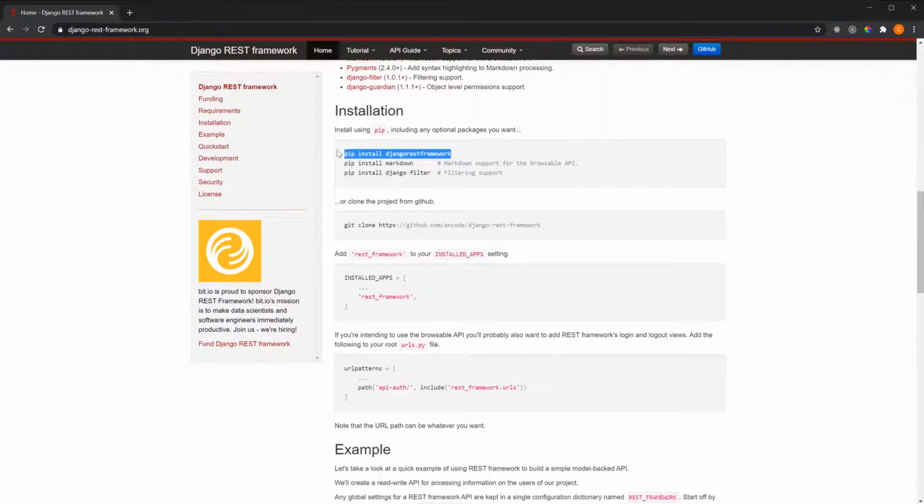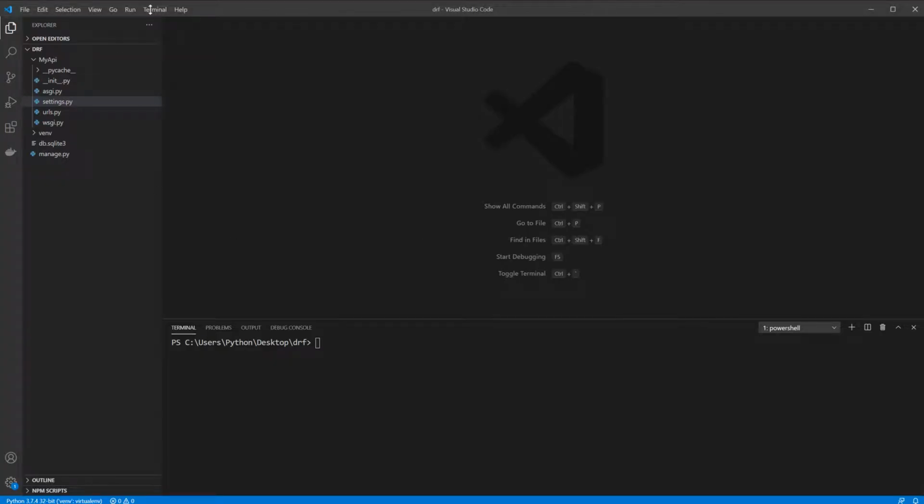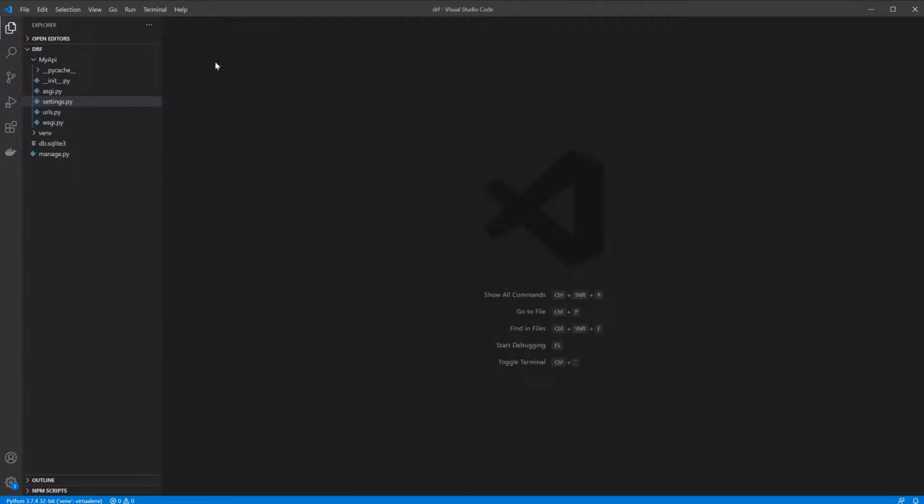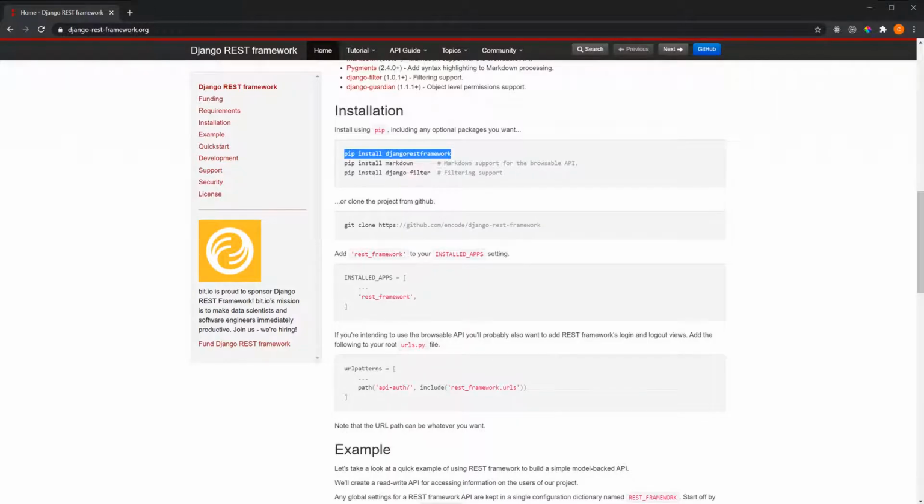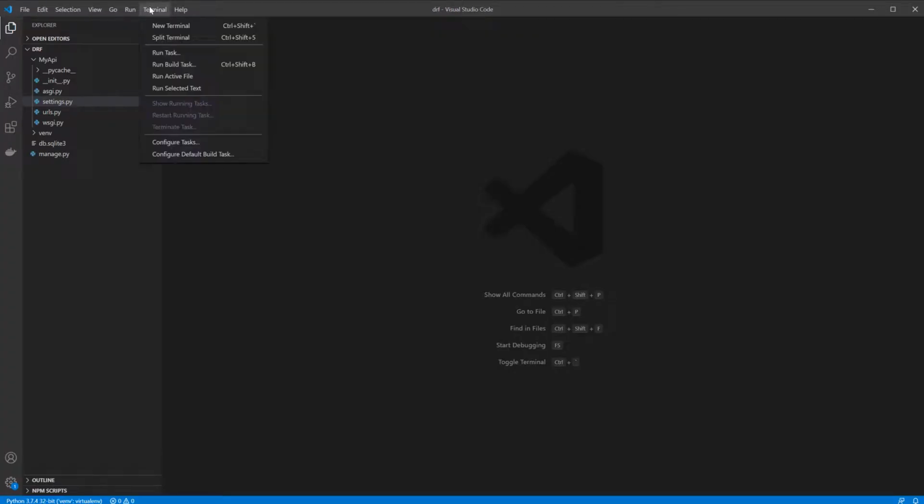So we'll copy this here and we'll go to our My API project. First thing first, I'm using VS Code. So from terminal here, let me close it so you guys can see how I did it. So if we go here to terminal, start new terminal,